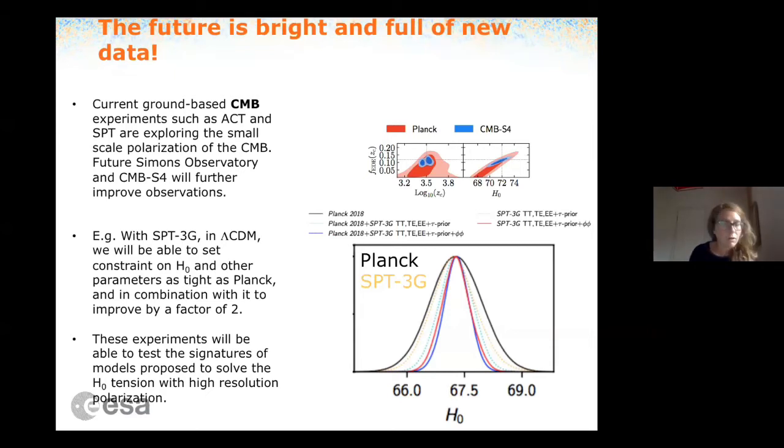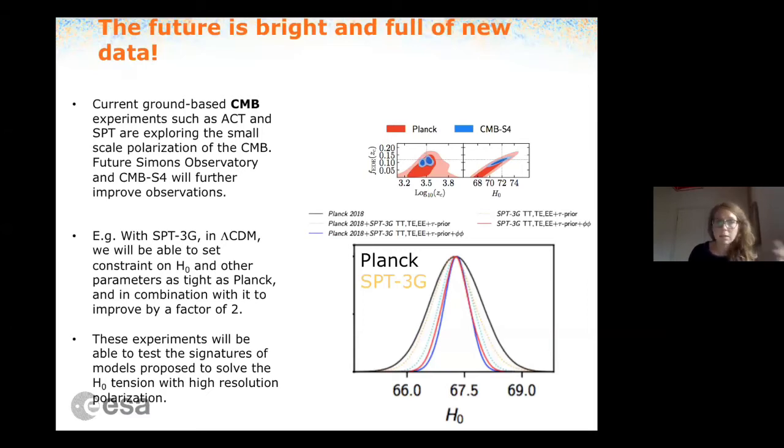There are current ground measurements from SPT and ACT that will improve our knowledge of the high resolution polarization, and many of the models that I talked about have distinctive signatures. For example, here is a plot from Smith et al. Sorry, I forgot the reference, showing how the early dark energy models will be constrained by future experiments such as CMB-S4. And even in the vanilla lambda CDM case, an experiment such as SPT-3G,